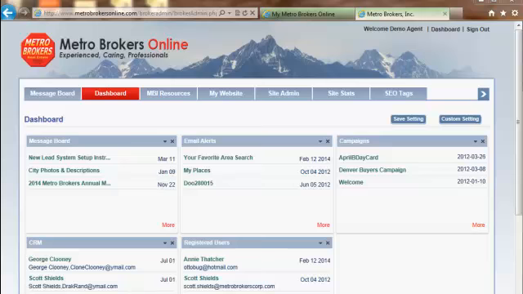Here I'm logged into the back end of the agent website. When you first log in, it will take you to the dashboard. So here's a view of the dashboard, and if you haven't set your dashboard up yet, none of these boxes will be visible. You can add these boxes by going to the Custom Settings button and choosing